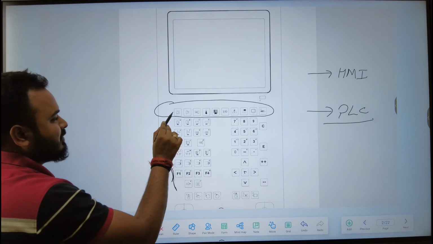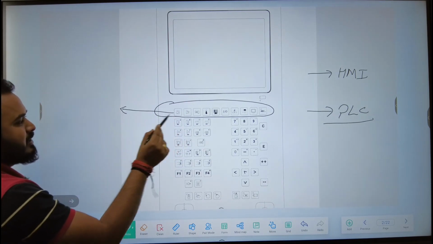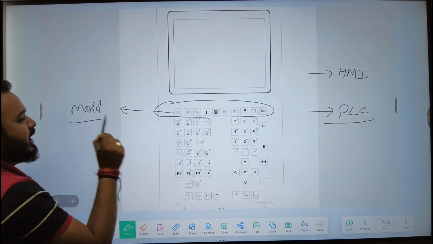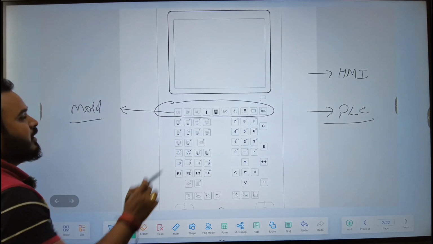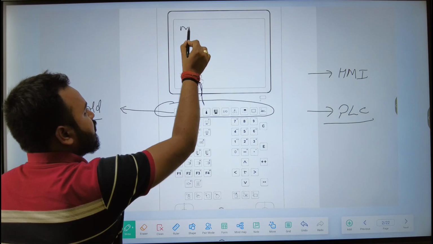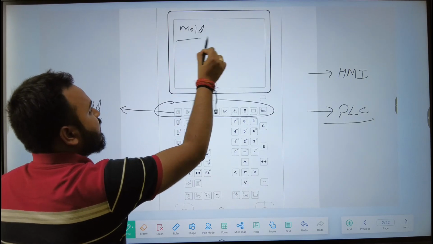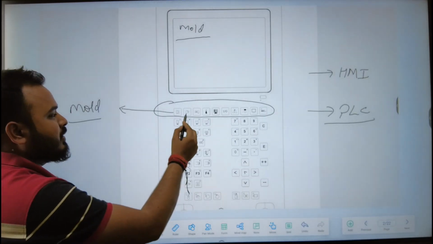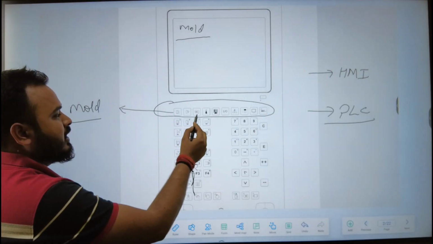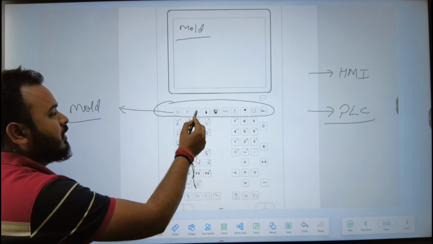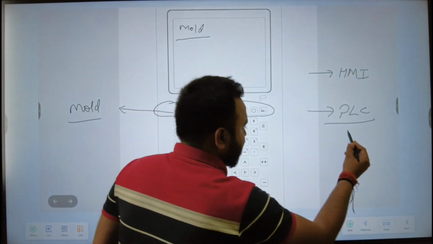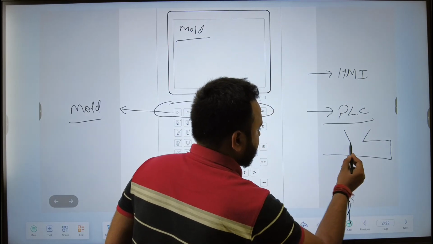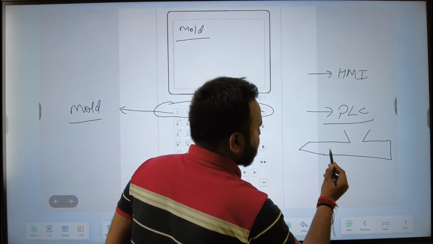For example, you can see here in the image it has been marked as mold image. That means when I press this particular mold button, I'll move to the mold page. In my screen, the mold page will be there. Next is ejector. You can see that ejector is out, and here is the page for it. Hopper and barrel has been shown there.